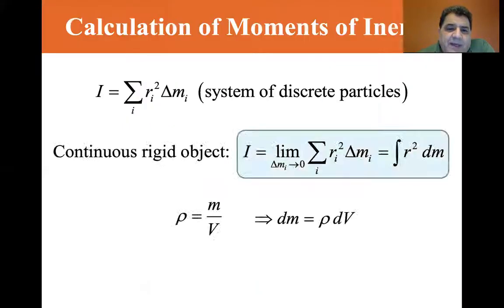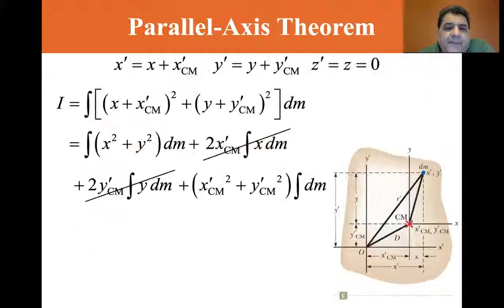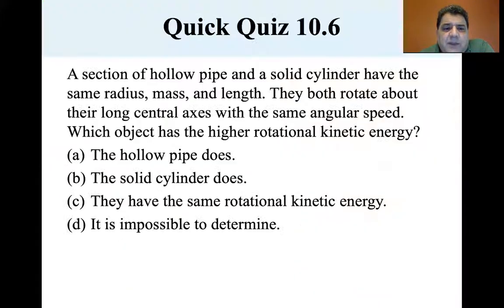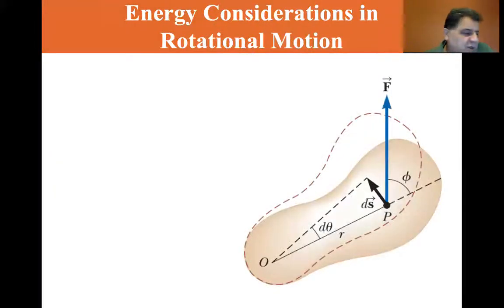So if we go back down here, let's get back to the problem. The hollow pipe and solid cylinder have the same radius and mass. They both rotate about their long central axis with the same angular speed. Which object has the higher rotational kinetic energy? The hollow pipe has twice the moment of inertia as the solid cylinder does, so it'll be A, the hollow pipe. And that ends our discussion for that section. So we'll stop